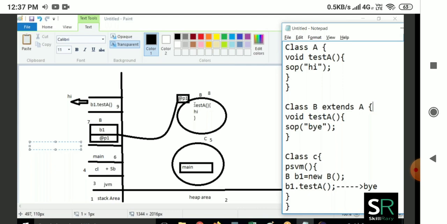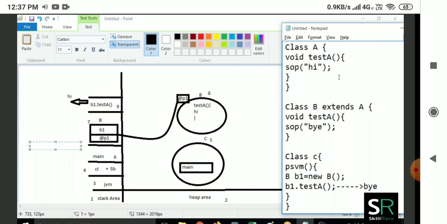Yes, the latter one. Because of the super keyword, first it will execute the A class constructor, then it will come to the B class constructor and execute it.